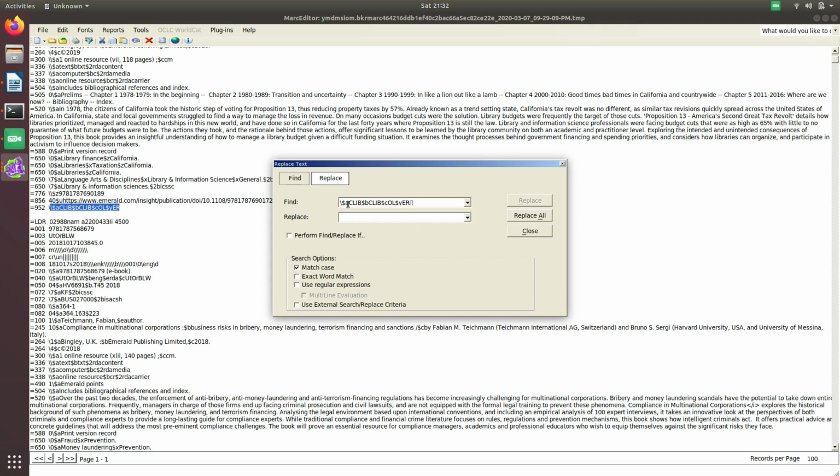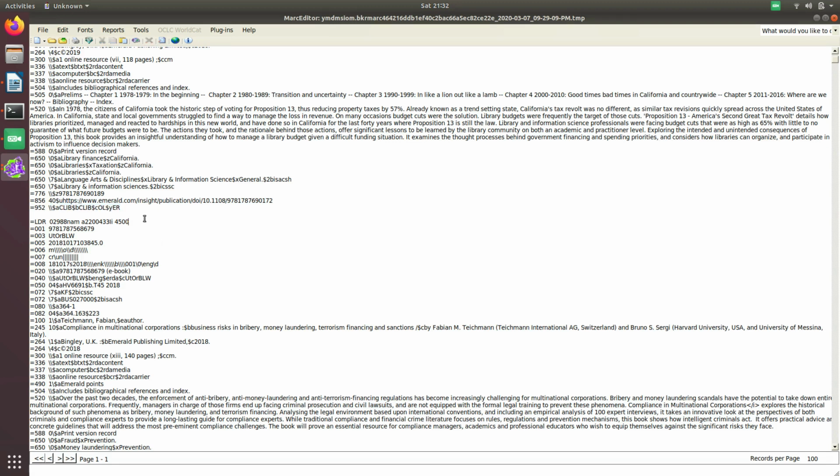You copy everything from here to here, properly copy it, and paste it below, and whatever you want to change you can replace. So this is the method, a very useful tool.